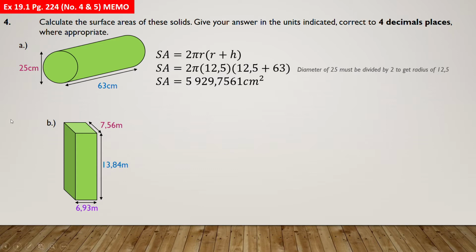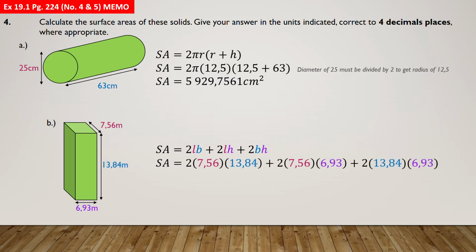Then I'm working with a rectangular prism here, so I'm going to say 2 times that times that, 2 times that times that, 2 times that times that. So basically 2 times everything being multiplied together. So the pink times the blue times the purple, the blue times the purple. If I show that in a formula, this is what it looks like. 2 times length times breadth, 2 times length times height, 2 times breadth times height. If I substitute all of those in, I get this. And when multiplied together and added, all of those things give me